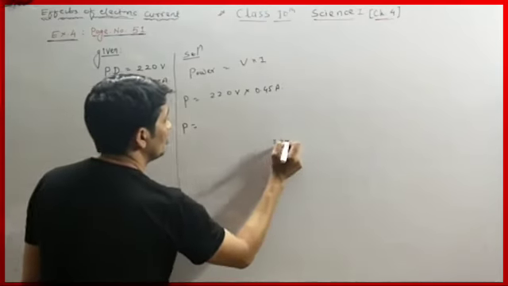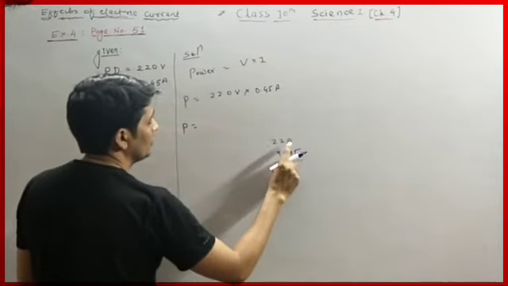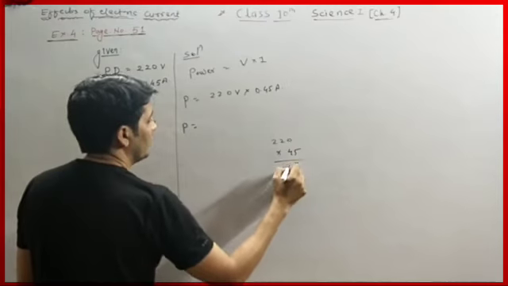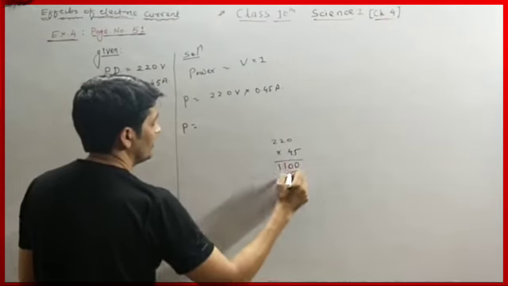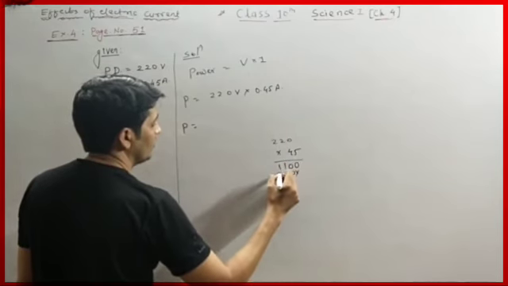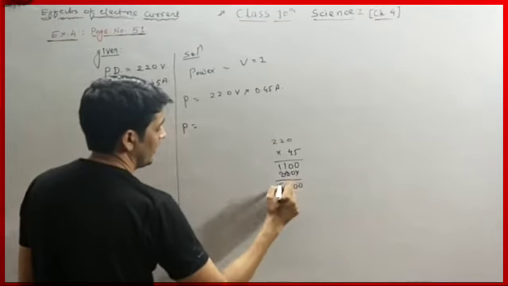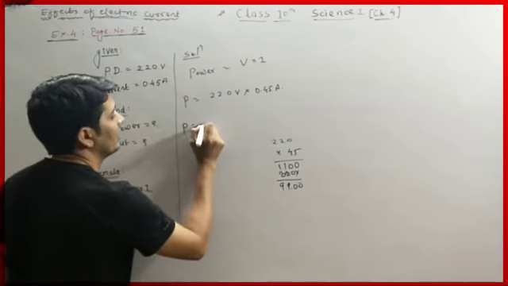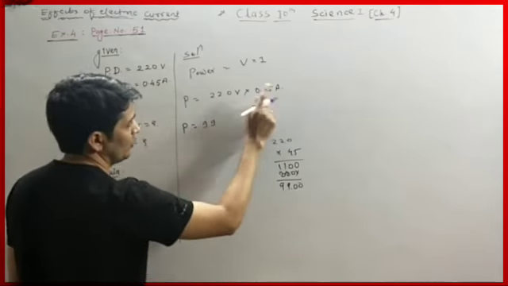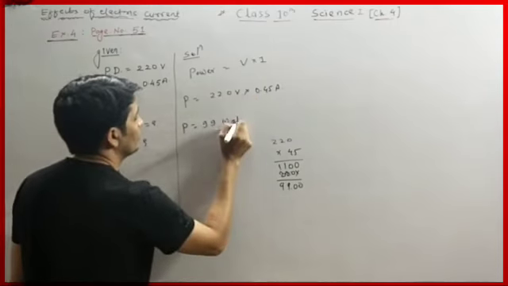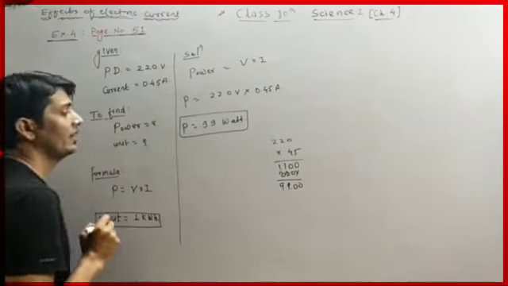So power equals, when we multiply this, it is 220 into 0.45. So 5 zeros are 0, 5 twos are 10, again 0, 5 twos are 10 and 1, 11. Then 4 zeros are 0, 0, 4 twos are 8 and 4 twos are 8. So it is 0, 0, 9 and 9. So it is 99. It is 99 and volt into ampere is watt. Okay, so power of the bulb is 99 watt.